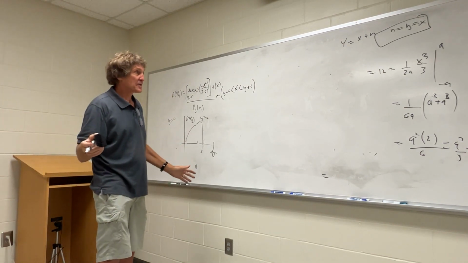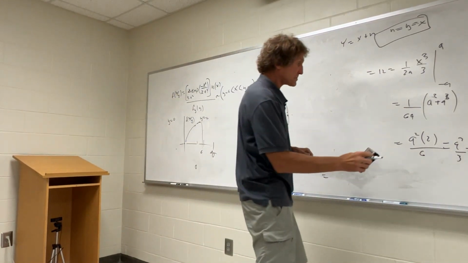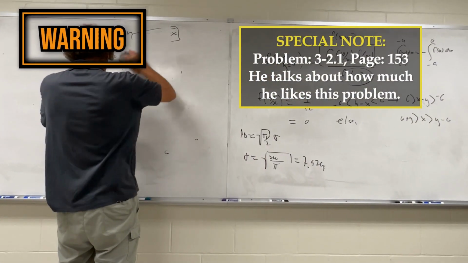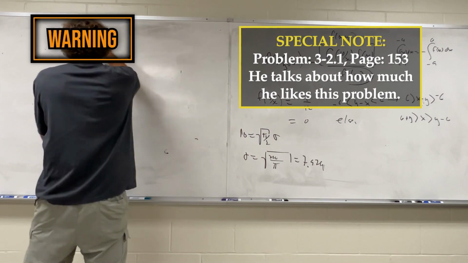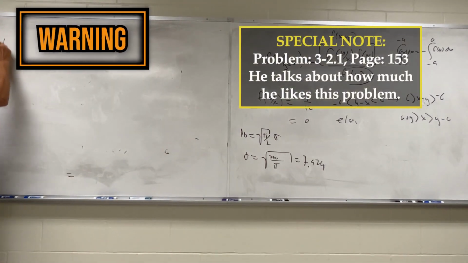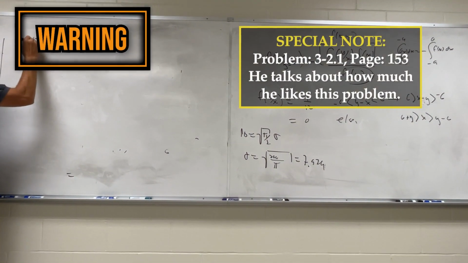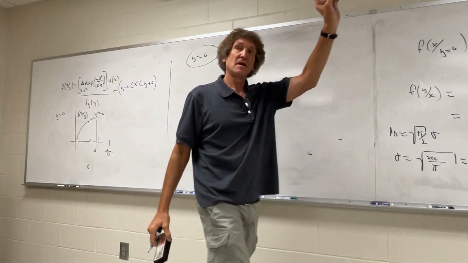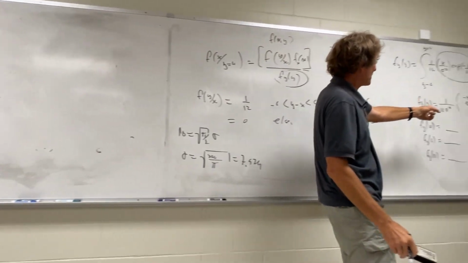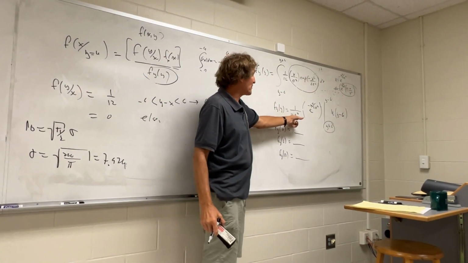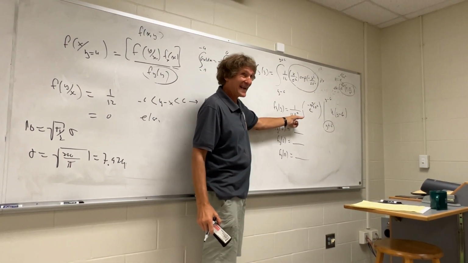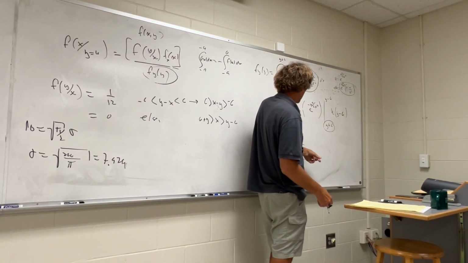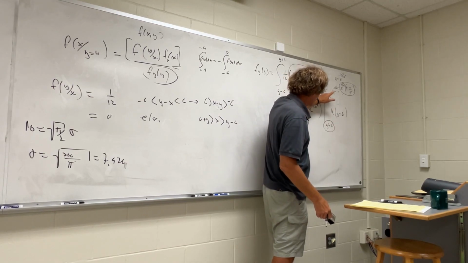Now, I'm going to do the next one right here. It's a good problem. I wish I spent more time with the last one. All right. So, next, what happens when y is equal to 6? First, come over here. Here's f of y, right? Now, f of y, when y is equal to 6, goes, if you think about this,